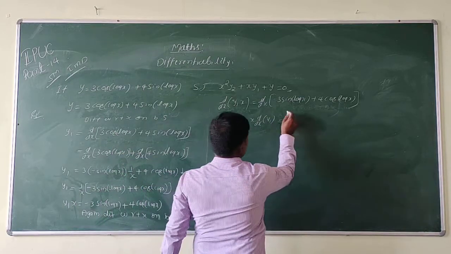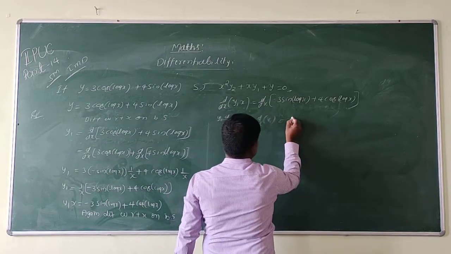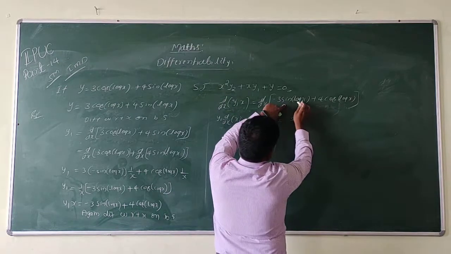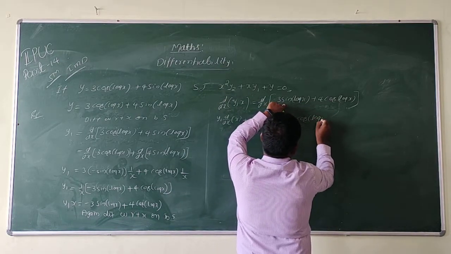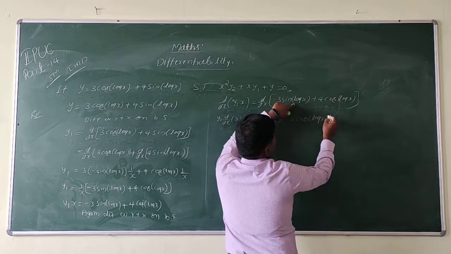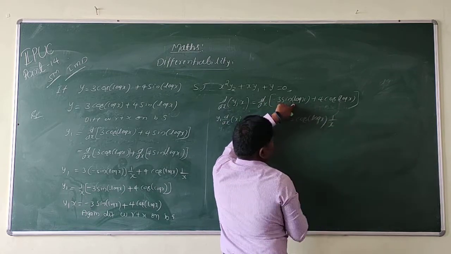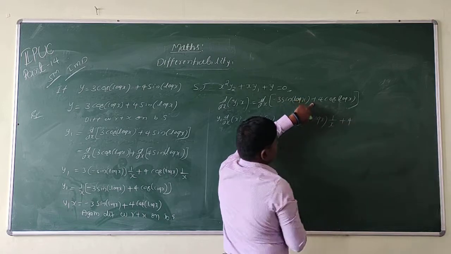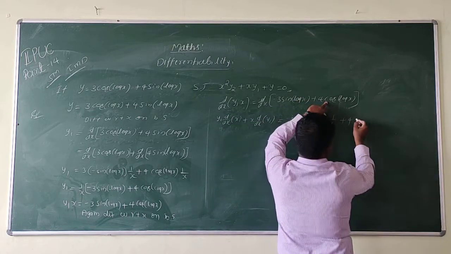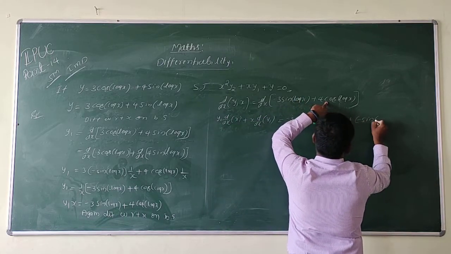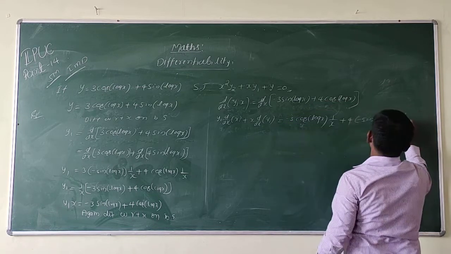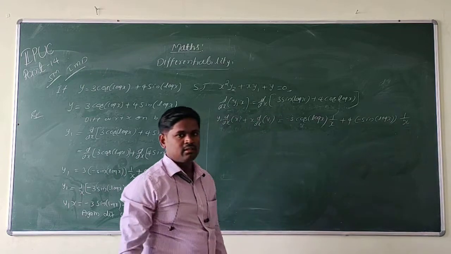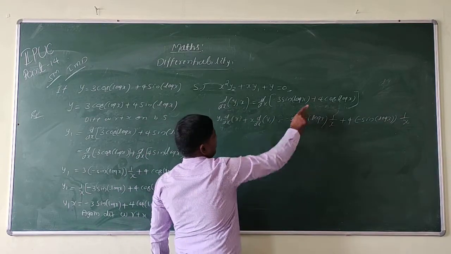So then we are going to differentiate this. Minus 3 is constant here. So differentiation of sin of log x is cos of log x into differentiation of log x, which is 1 by x. Plus, 4 is constant, keep as it is, and differentiate this: minus sin of log x into differentiation of log x, which is 1 by x. Is it clear? So I am differentiating directly.